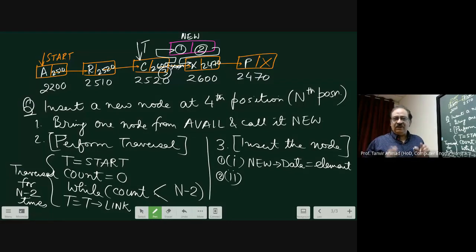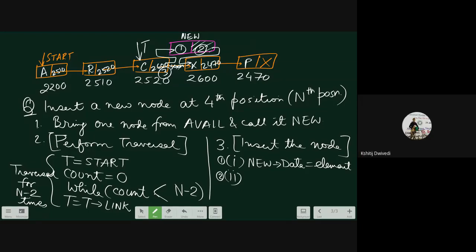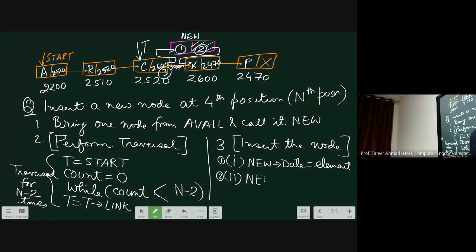Now 2, what is that part called? New link equals T link. It's called new of link. Now what you have to do is put 2600. But 2600 is not known because there is no name for that node.